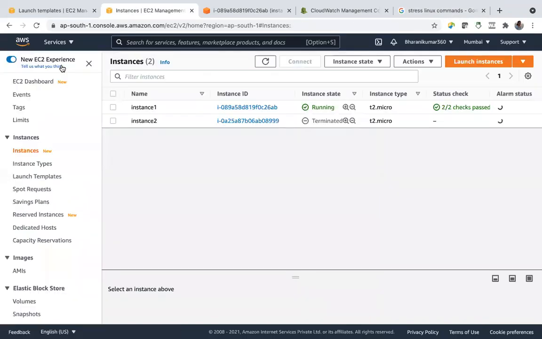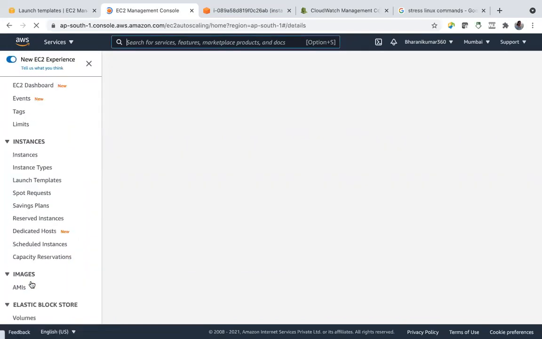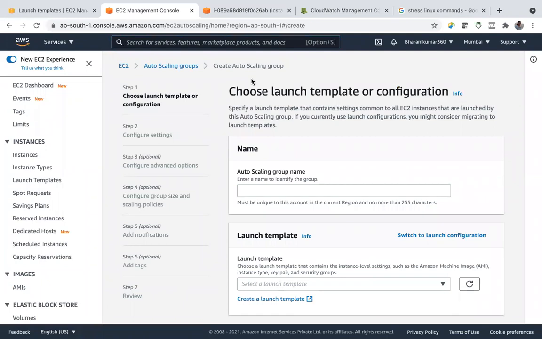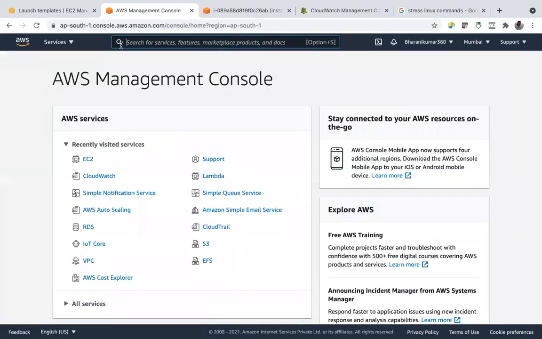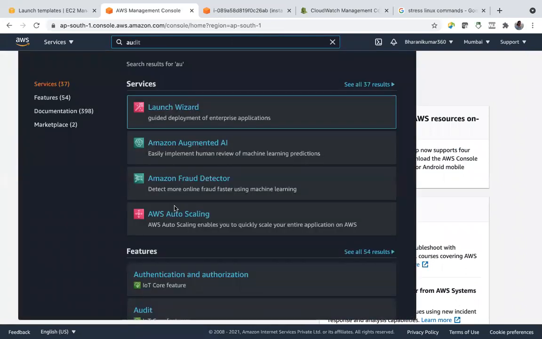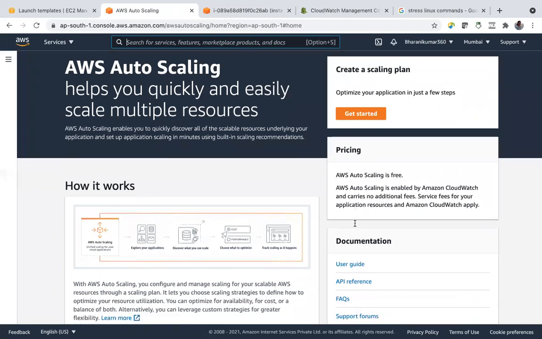Go to instances, auto scaling. So let's go.